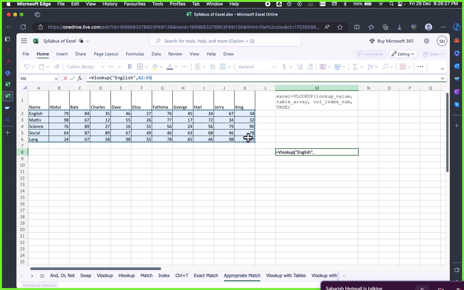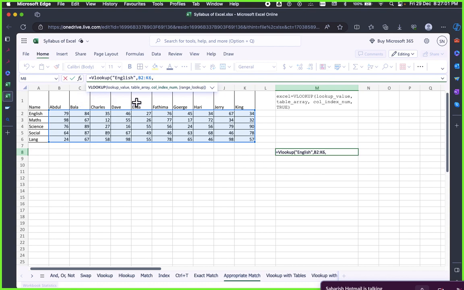I am selecting only the subjects. I am not selecting any of the... Okay, I can also select only the numbers. I am not selecting any of the header files. Okay, and the column index number, this is for approximate, no? Yeah, this is for approximation. So the column index number, I will refer it to know the